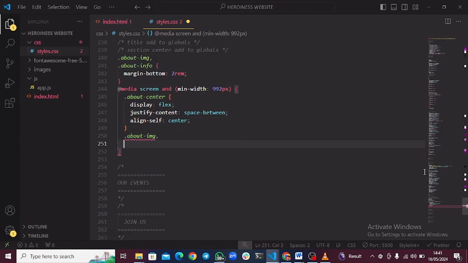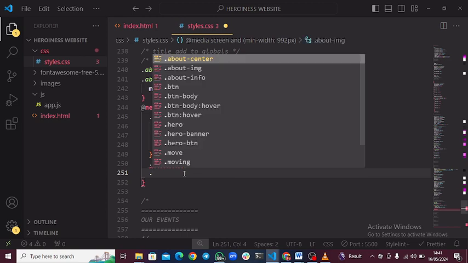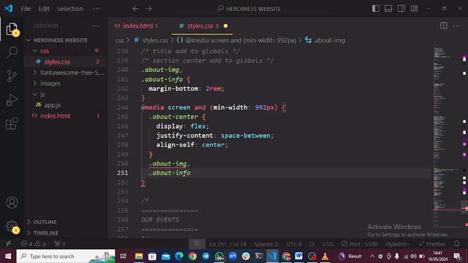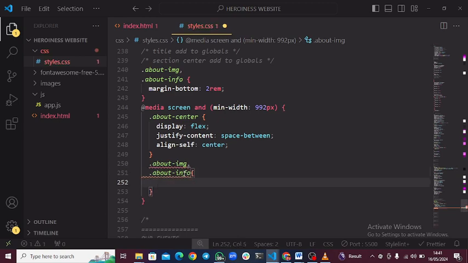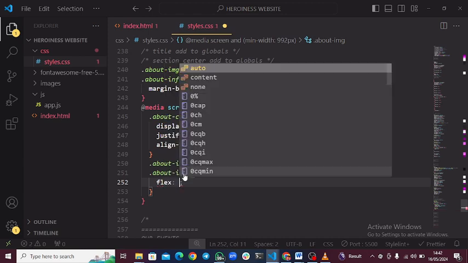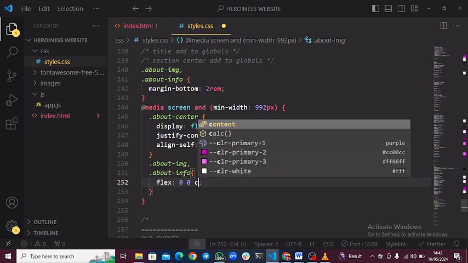Okay. Then we have dot. We are still working inside the media query. I hope we will not forget. We have about info now. Open our bracket. Okay, we want to give it flex. Don't worry about this. We will discuss it in our live class. We want to give it a flex, and inside that flex, we want to have 0, 0, and then we want it to calculate,